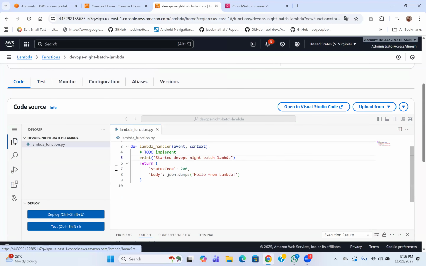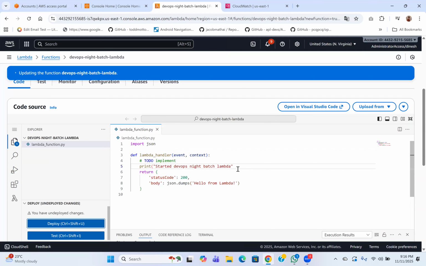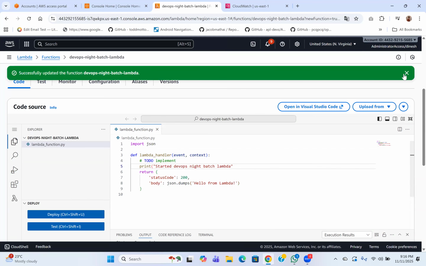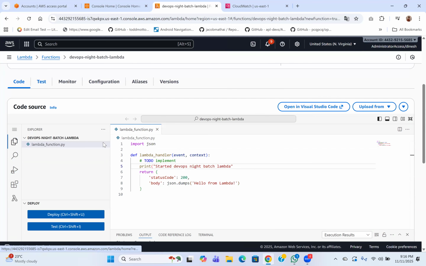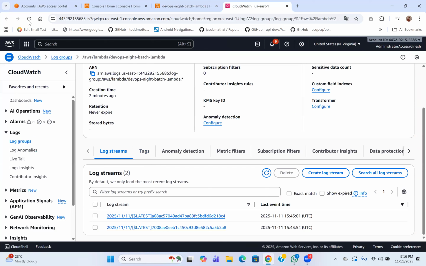Okay, and if there is something wrong, you will get some syntax error. Let's say I'm trying to deploy it. I missed a parenthesis here, and now if I go and test it, first of all it will fail here itself. Error message: syntax error. Now if I go to CloudWatch and refresh it,